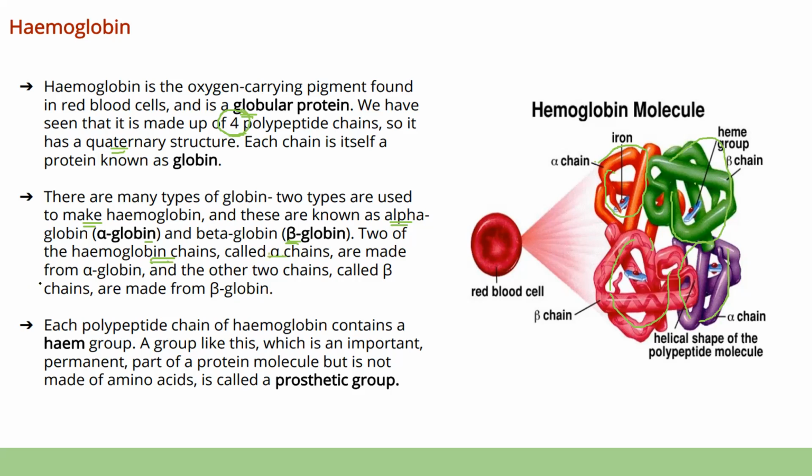and two are beta chains. So remember alpha like this: the alpha chain is there for the alpha globin, and the beta globin is made by the beta chains. So you have to remember this. Now this alpha globin is not the alpha helical structure that we studied; those are different from hemoglobin. So we have two types of globins there, alpha and beta globin. Alpha globin has these alpha chains, alpha chains are actually made from alpha globin, and the beta chains are made from beta globin. So this is what we have to remember.